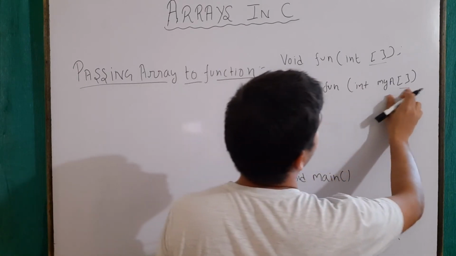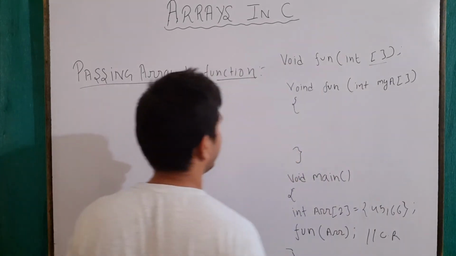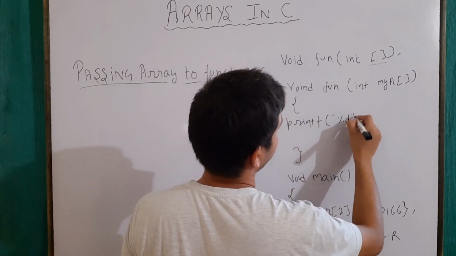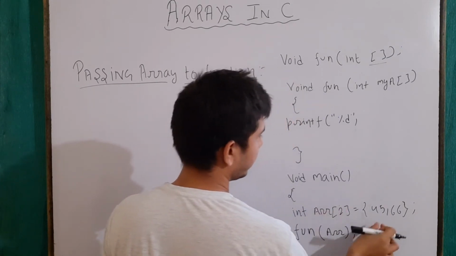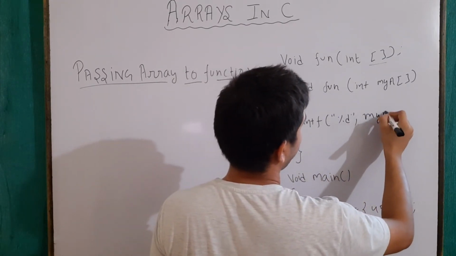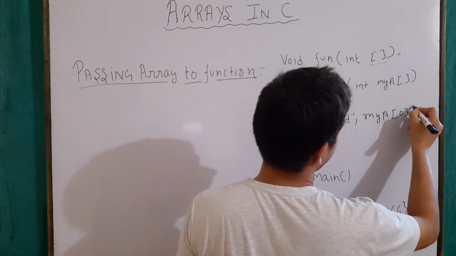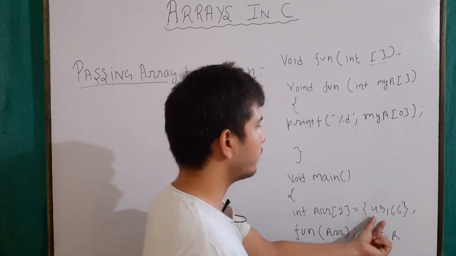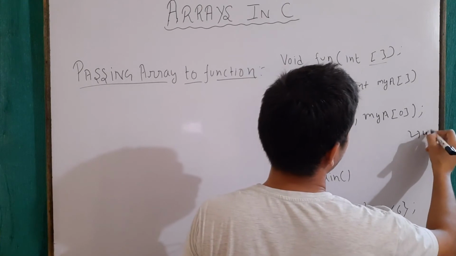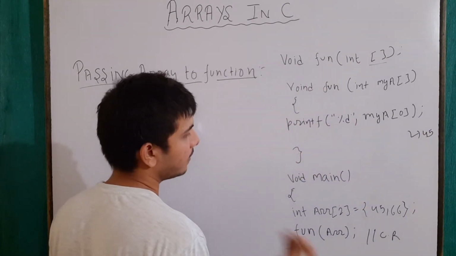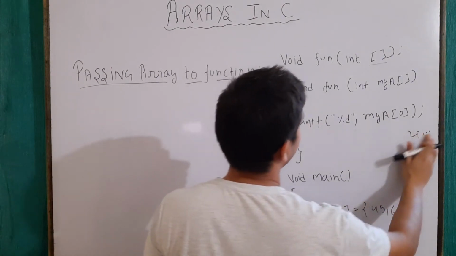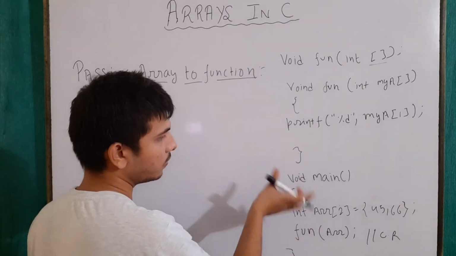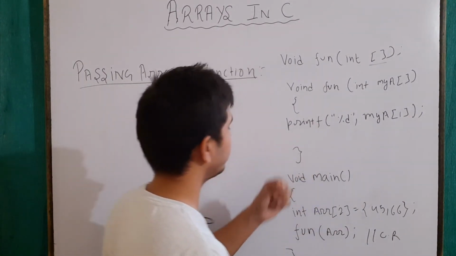Here I have written the name as my a, right? So to access an array element now, I will simply write printf %d, and let's say I want to access the first element. So I write my a, and the first element means 0th index, that's all. Now the output will be 45. And to access the next element, or the first location's element, I can write here my a 1. So this is how we pass the entire array to a function, right?